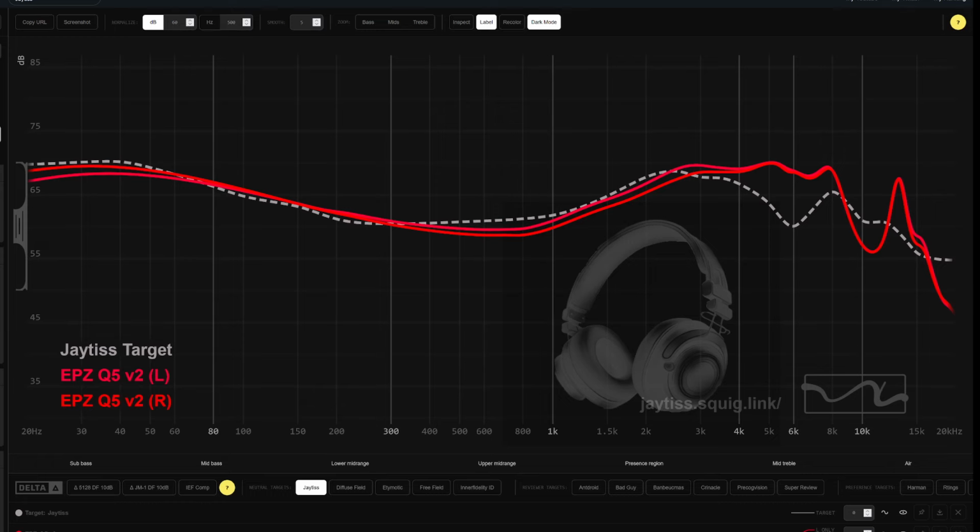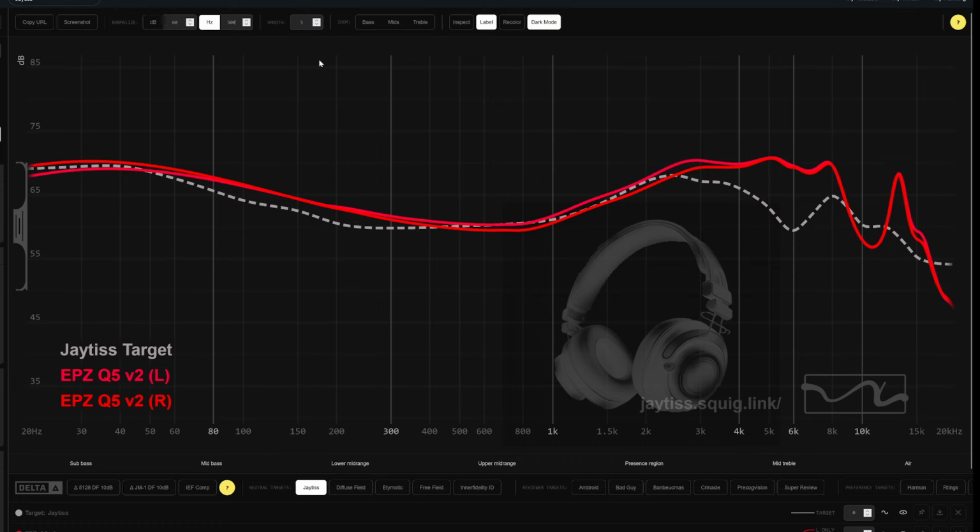Okay, let's look at the graph, the Epz Q5 version 2. That name is apt to change, but I mean, it has a nice looking graph. Like if we normalize this at 500, it has a nice amount of bass and a lot of good things going on for it. The problem I have with this is it comes across to my ear exceedingly bright, and